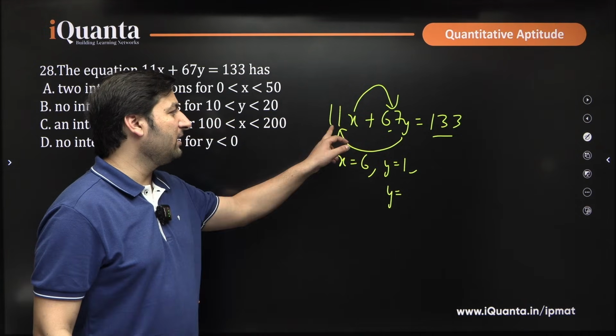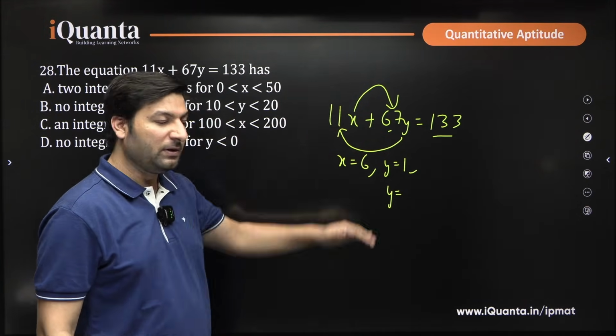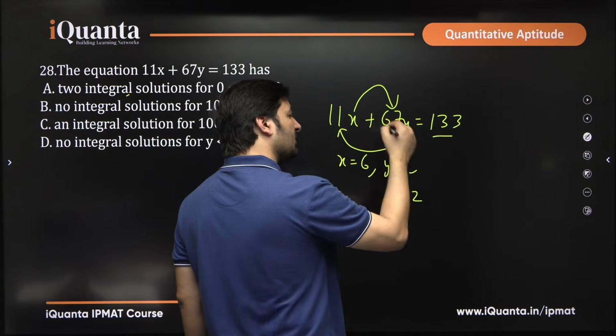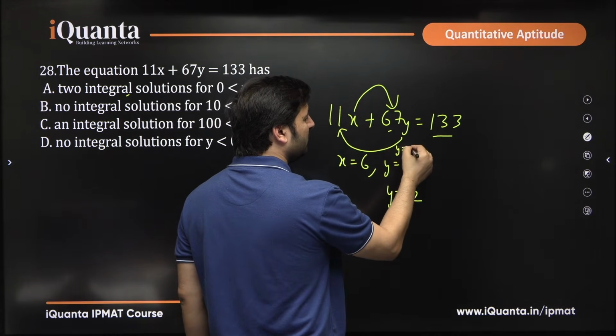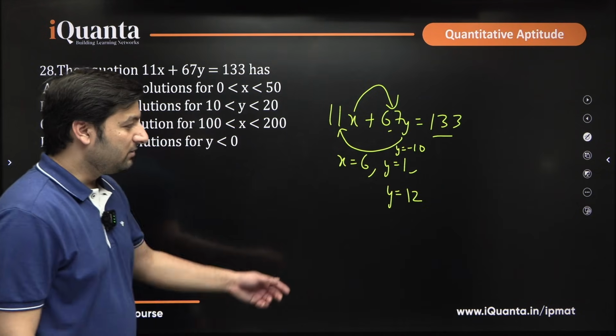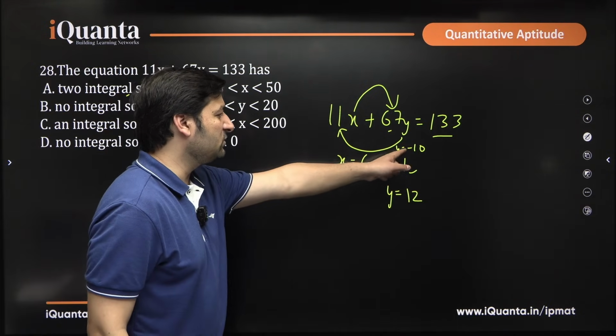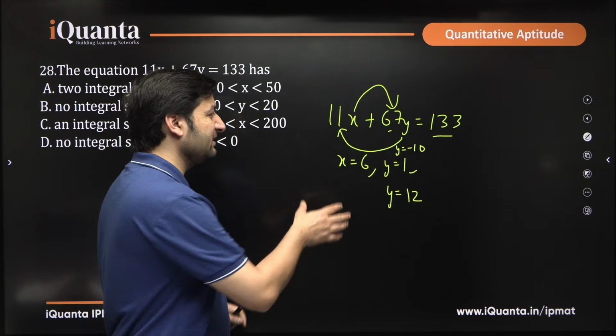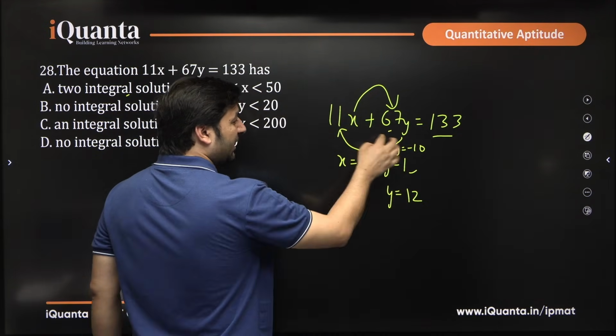From 1 you can go either 11 above or below. If you go above, that means you add 11 to this, you will get 12, while if you subtract 11 from this, you will get y equals minus 10, yes or no? The moment you get y equals 1, y equals minus 10, I hope you understood the logic. I am saying that whenever we have a linear equation like this, if you have got one solution,